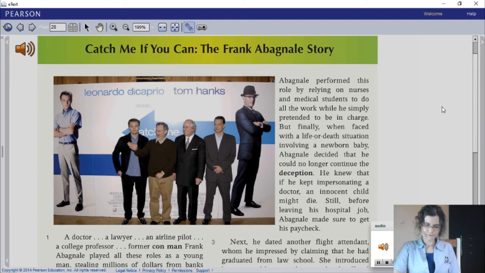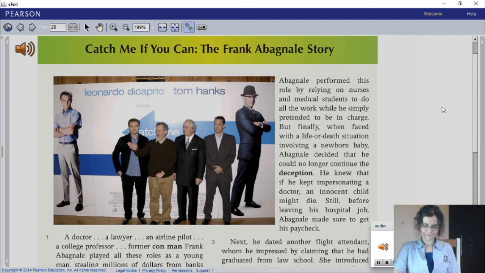He first impersonated an airline pilot by wearing a pilot's uniform. Then he created a phony airline ID. The result was very exciting to him. Abagnale never operated a plane, but he used his pilot uniform to fly for free and to date attractive young flight attendants. Then he discovered a luxury apartment community near Atlanta, Georgia.